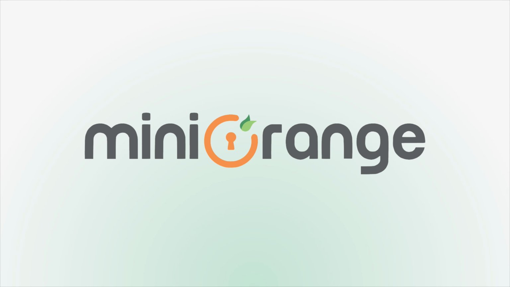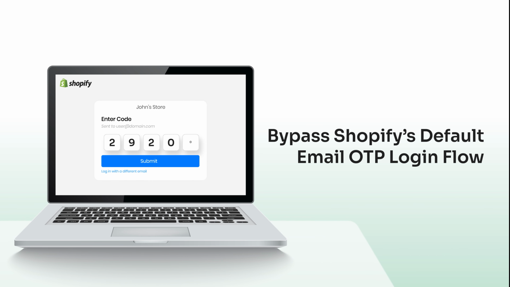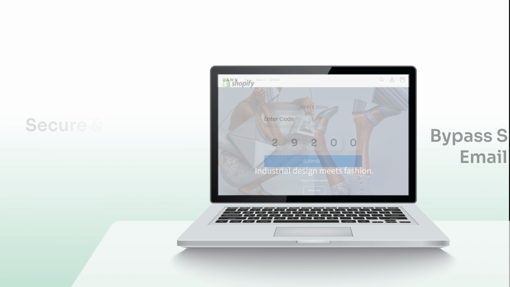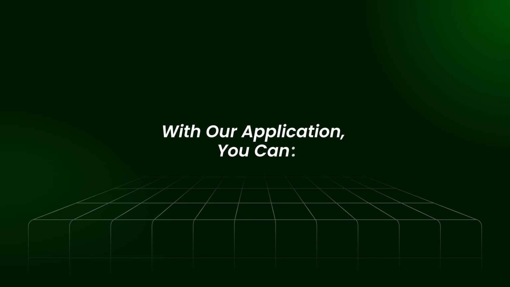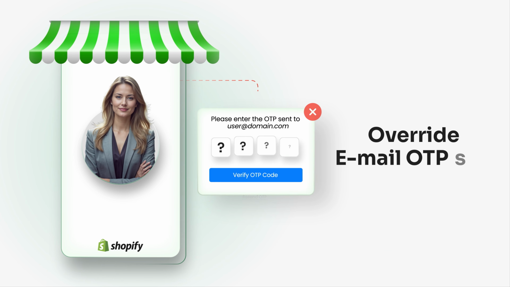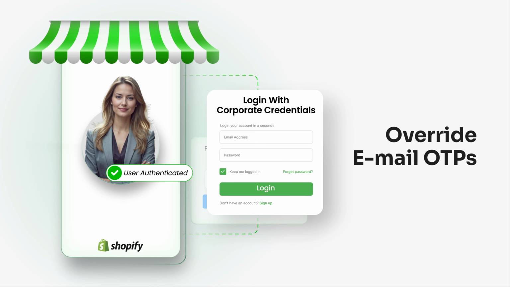That's where miniOrange comes in. We can help you bypass Shopify's default OTP login flow and replace it with secure, flexible login options built for real B2B needs. With our application, you can override email OTPs, authenticate users via existing corporate credentials, no more inbox